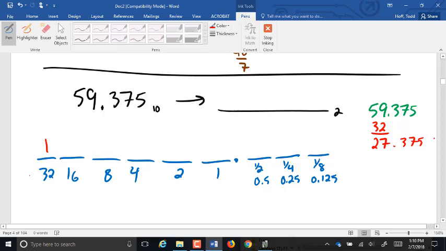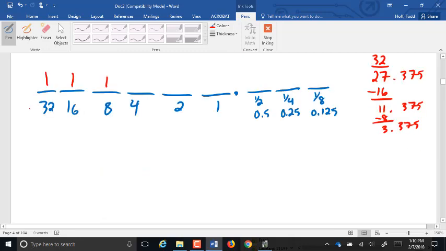27.375. Can we get a 16 out of there? Yes. Subtract 16, we've got 11.375. Can we get an 8 out of there? Yep. Subtract 8, we've got 3.375. Get a 4? No. 2? Yes. Subtract 2, 1.375. Can we get a 1? Yep. Subtract 1, we've got